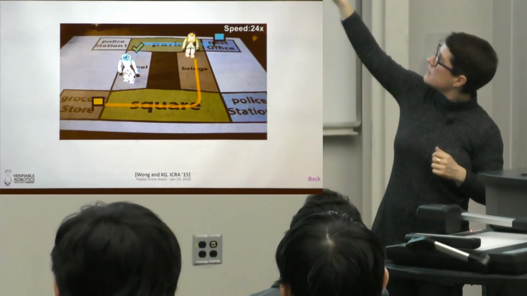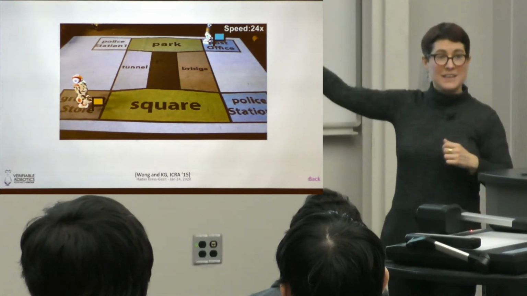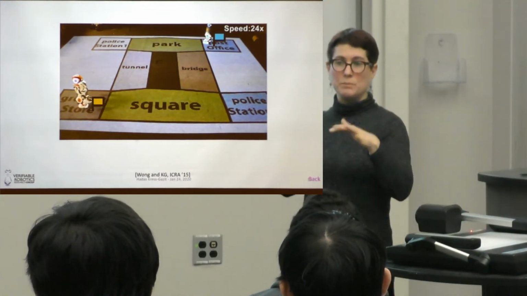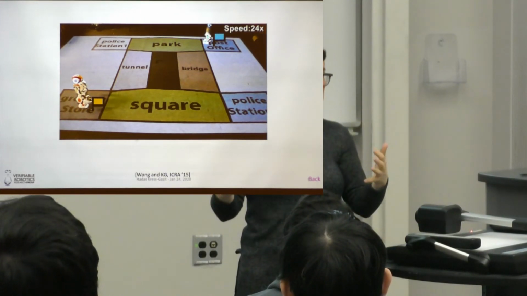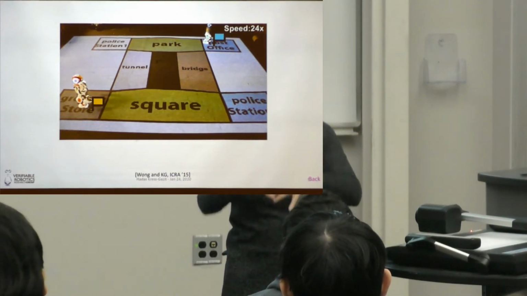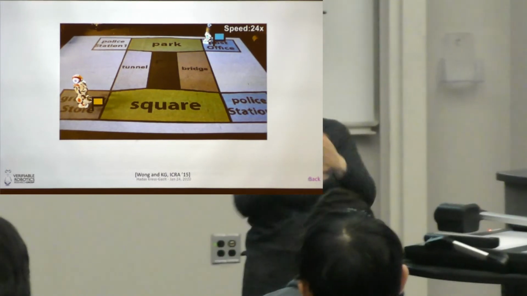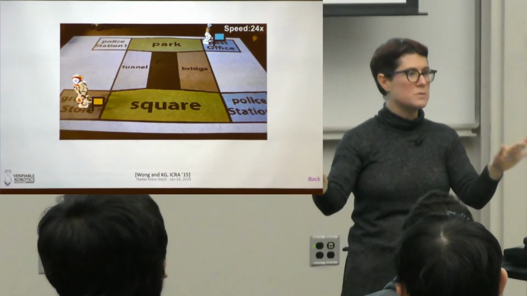The blue robot gives the orange robot information about what the blue robot is expecting. The orange robot says, you know what, okay, I can do that. It puts it in its own specification, resynthesizes, and continues. And this is fully automated. There is no human intervention at this point.